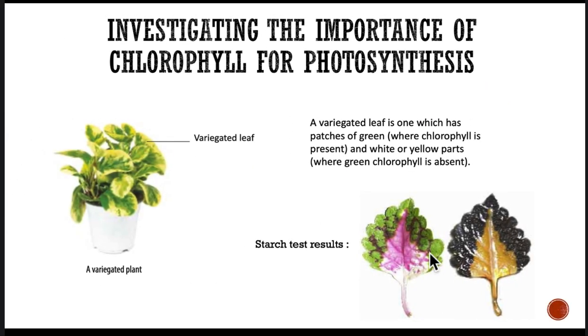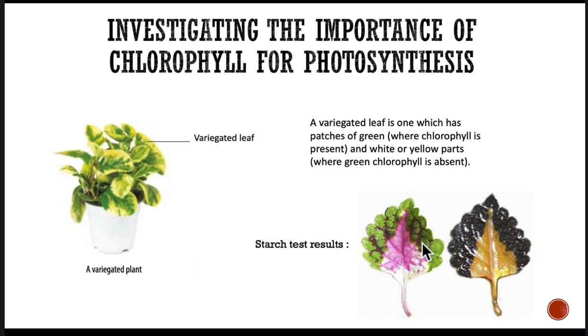Next, we're going to look at the importance of chlorophyll for photosynthesis. There is a type of plant called the variegated plant where you have different distribution of chlorophyll on the leaf. So here, if you take this leaf and you perform starch tests where you're going to repeat the experiments that we have done in the previous slides, and then you're just going to put that in boiling water, then eventually